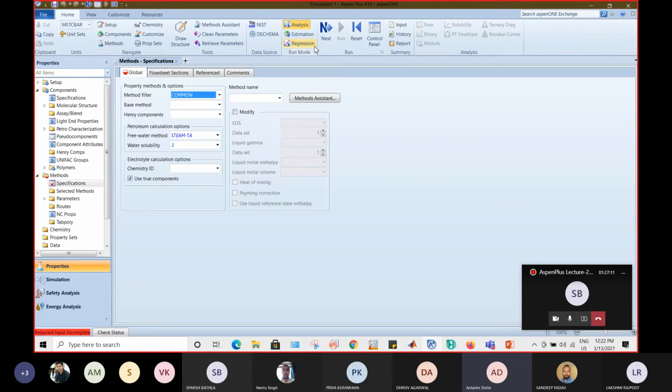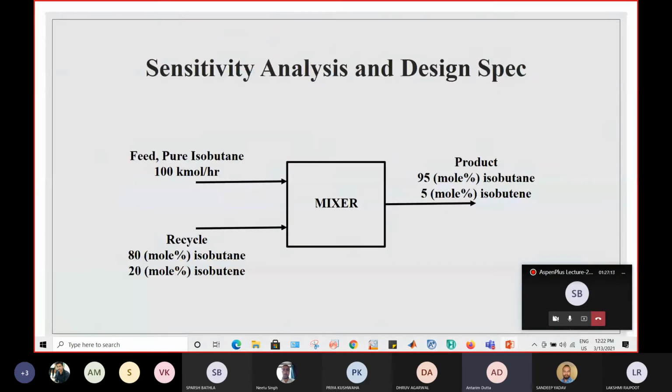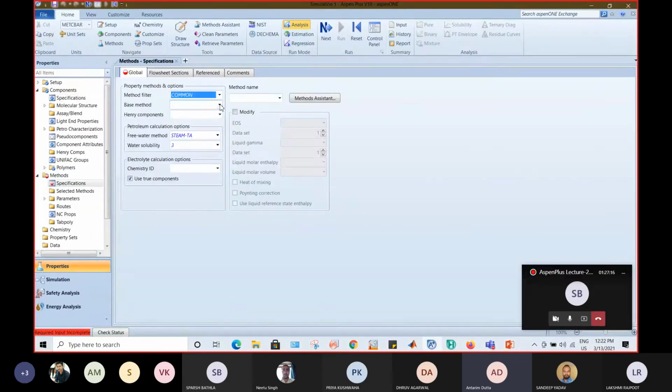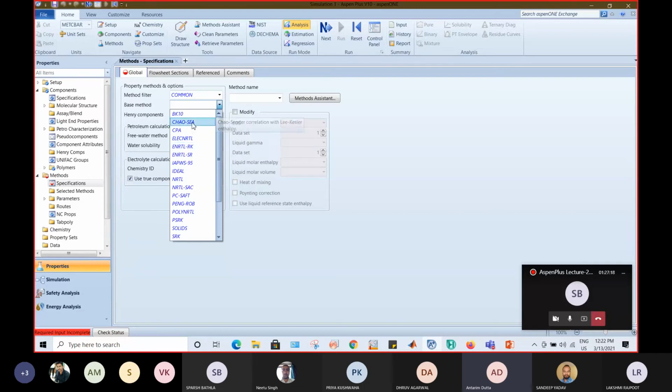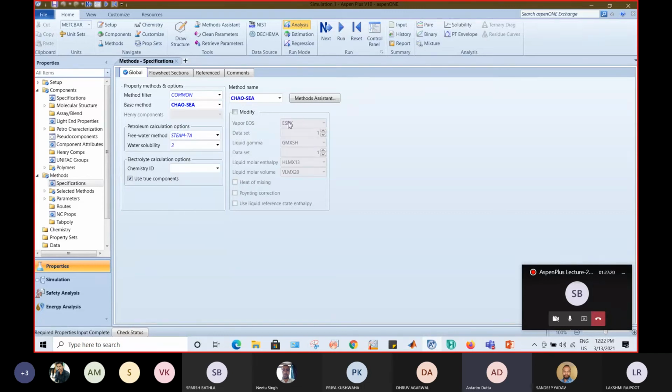The base model which I have selected for this particular thing is Chao-Seader again. So again, I will go for this Chao-Seader base method. Just keep in mind that we are just selecting this for now. There is some background on how we can select it, and I will explain this in a later lecture.